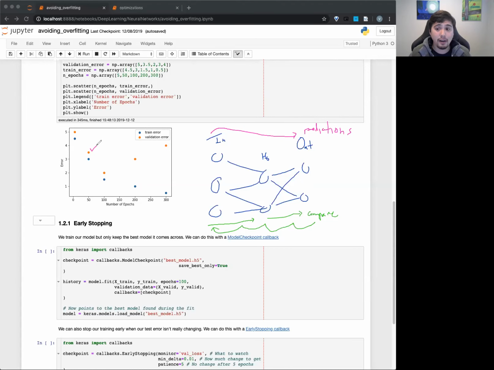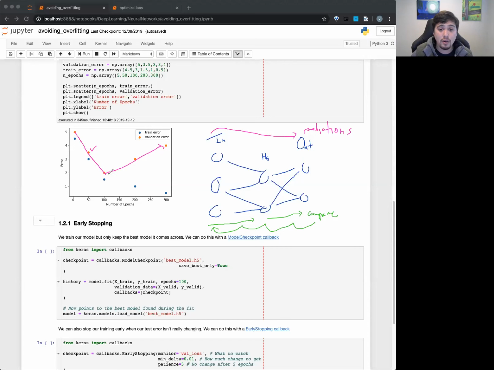And that's why our validation error is not going to be as good as our training error, because this neural network should do better and better on the training error, but not necessarily better on the validation. So what you'll tend to see is that validation error will go down, maybe not as quickly or as far down as the training error. And then what we want to avoid is something where it starts going up like this. Note that the x-axis here is the number of epochs. So we're going over and over again.